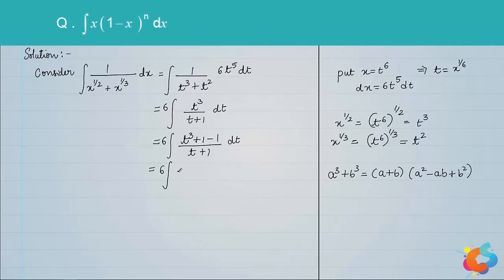So this becomes t plus 1 into t square minus t plus 1 whole divided by t plus 1, minus 6 times integral of 1 over t plus 1. So here in the first term t plus 1 gets cancelled. We will get